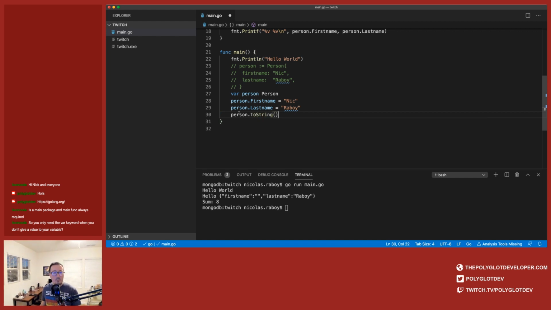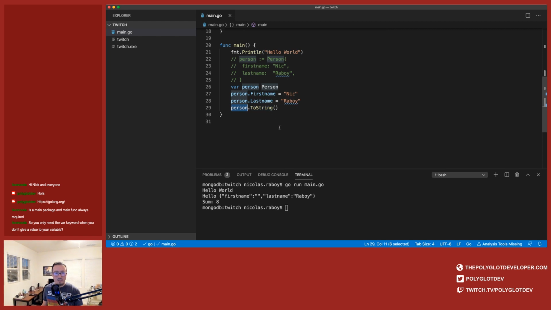So I'm actually passing in my person data structure to this function, and it's going to do its business, Nick Raboy. I don't know if you can actually say it's passing it in, but it has access to the particular variable that this function resides on.